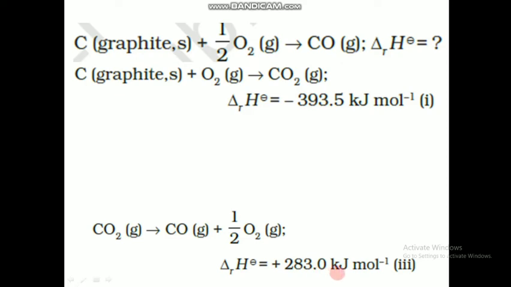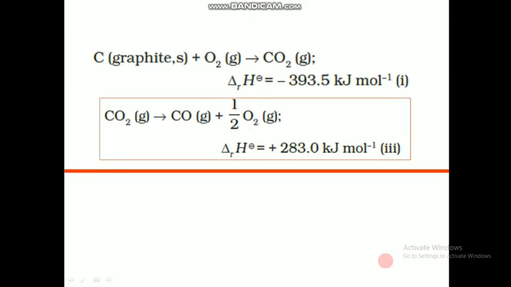And what Hess's law tells us is that the enthalpy of reaction of this single reaction is the sum of the reaction enthalpies of this reaction and of this reaction. As enthalpy is a state function, it does not depend on the path. So if it is done in a single step, or if it is done in multiple steps, the enthalpy will be the same. So we can say the enthalpy of reaction of this particular reaction will be equal to the sum of this enthalpy and this enthalpy.